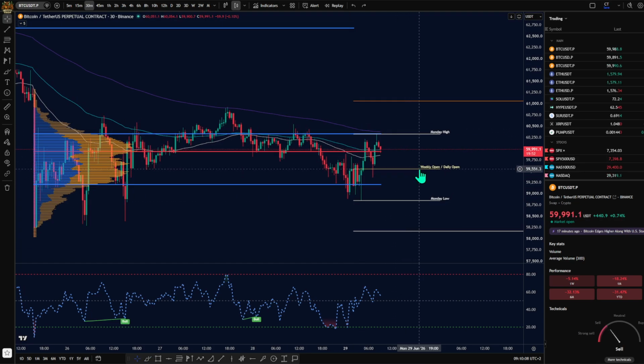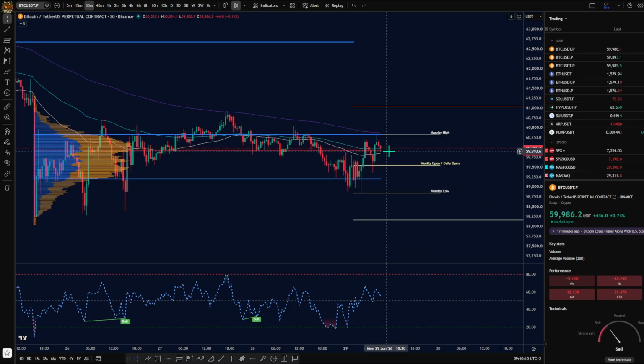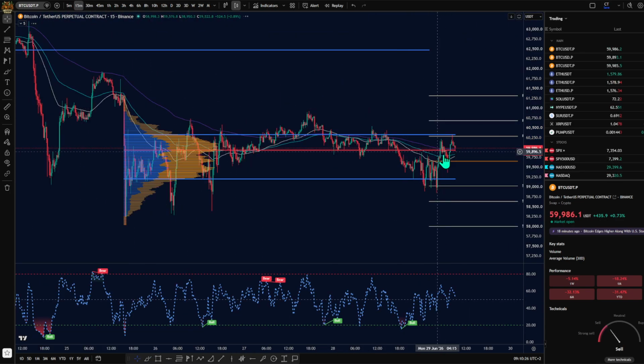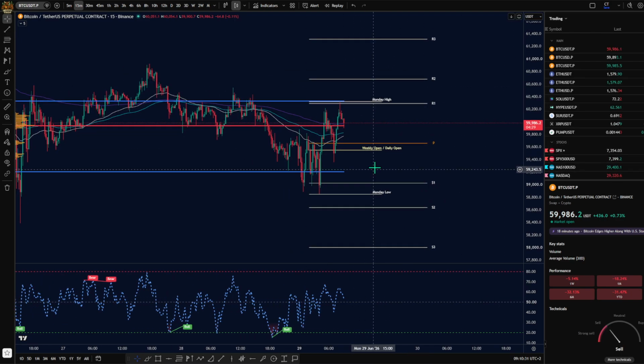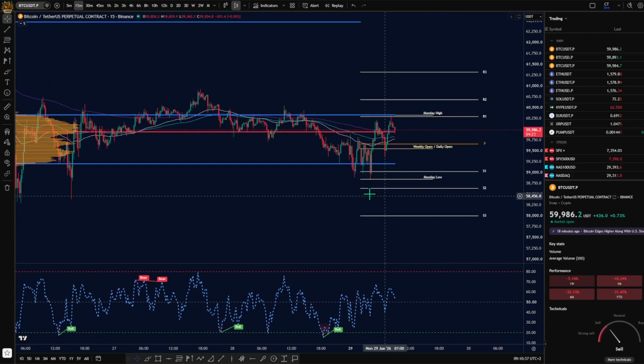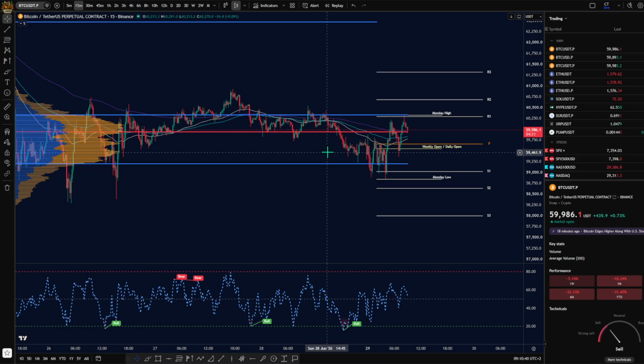Once we go down to the weekly open level, if this price holds, if it does not hold, then we could still see something like this and go for those lows. But if it does hold, I am expecting some nice move towards the upside. Currently we have hit the daily R1 clearly right here, 60.3k is the daily pivot resistance, so it is also a very key level to watch for.